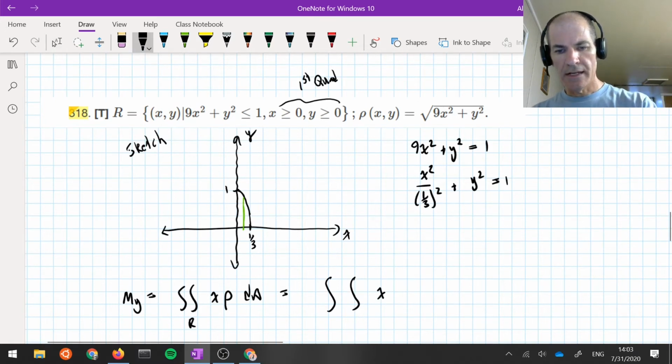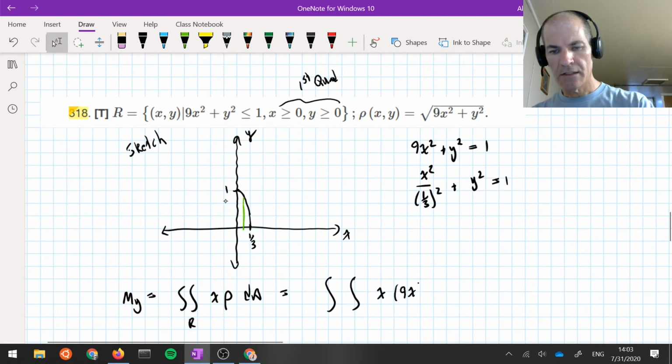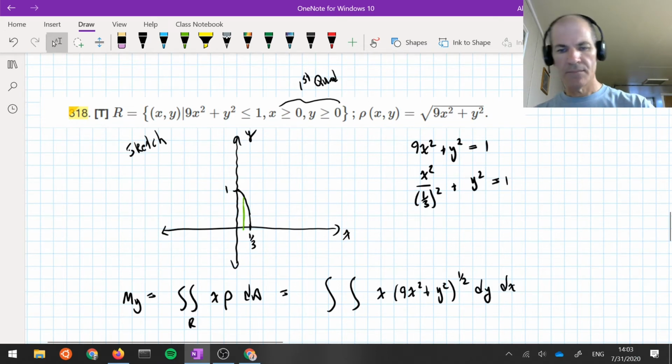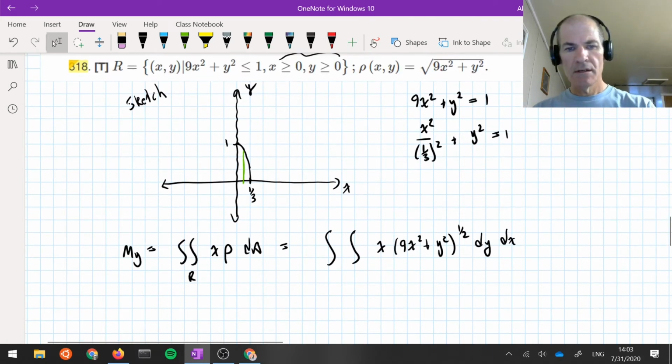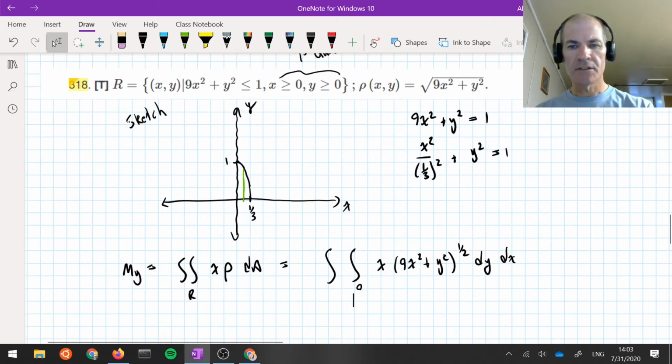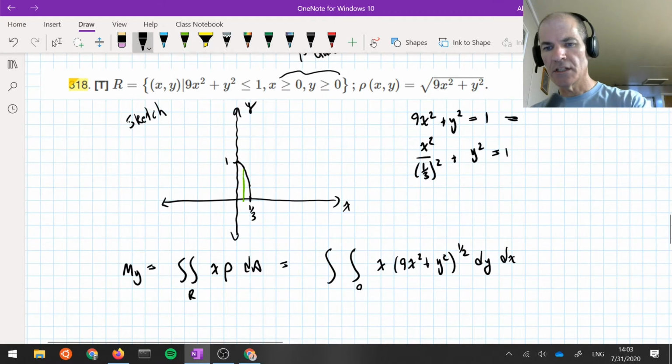And we're going to go x, and rho is, of course, the square root of 9x² plus y², and we're going to go dy dx. All right, dy. These line segments that are parallel to the y-axis always start at 0 and always end on this curve, which we can actually solve for y,